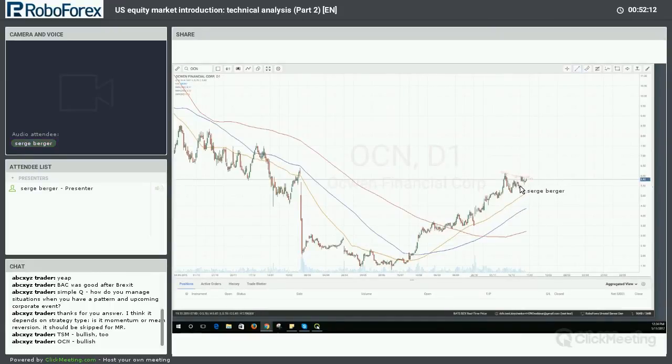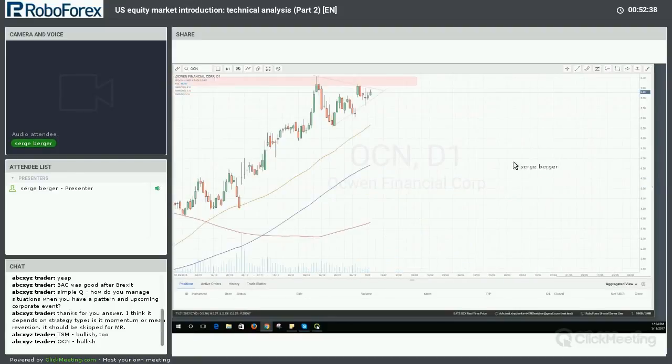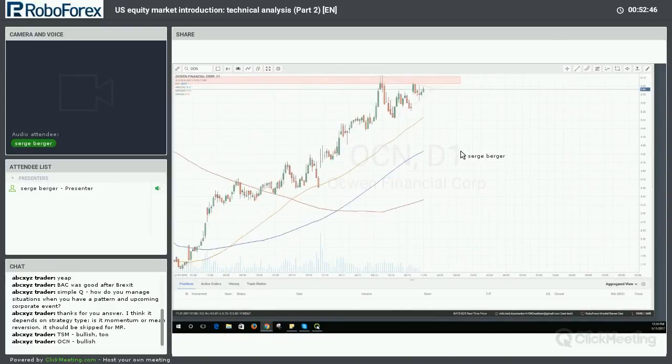So we're looking at this pattern right here, which, in my opinion, also coincides with this kind of thing here. So we have support, then became resistance, and now it's resistance once again. So OCN really needs to be able to get above, let's call it, maybe $6 or so